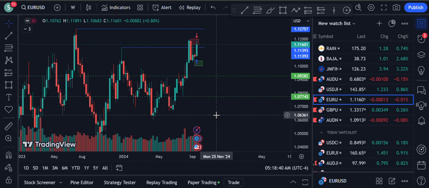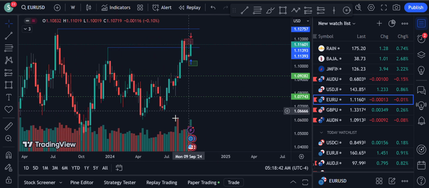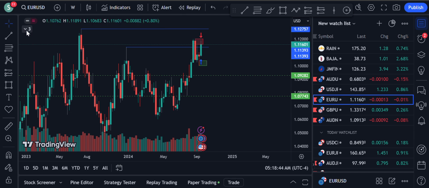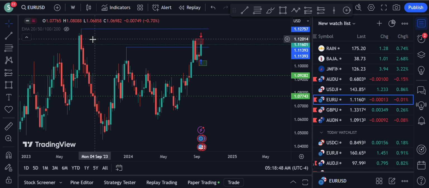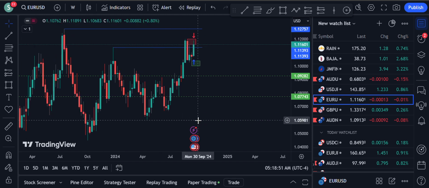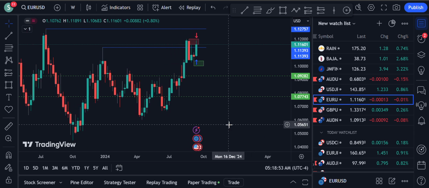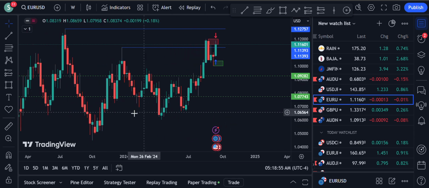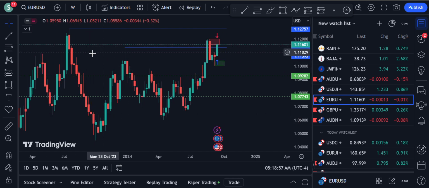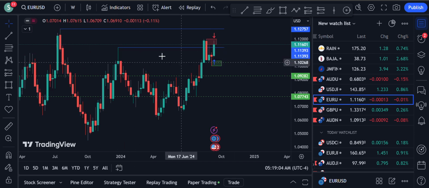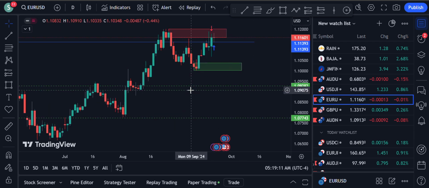So what was my thought process when I took this trade? This is our weekly. Wait a second, we should remove the volume. Should remove this also. Okay. So I saw that on weekly time frame it's going up, and here we have a supply zone which is already tested here, and I saw that it took this liquidity zone and started coming down, and if we move down to 1 day time frame